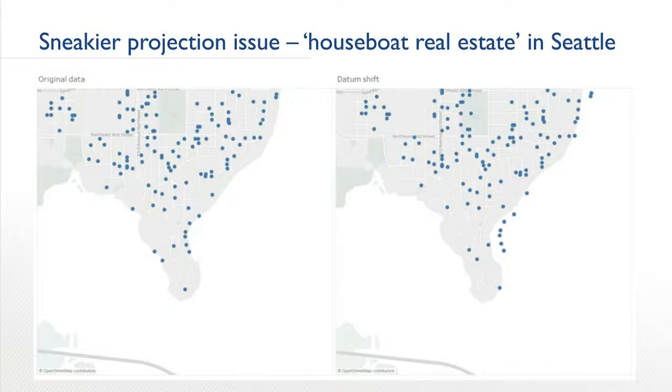Or an interesting and sneakier map projection issue to think about. I think of this as the houseboat real estate data, or houseboat real estate sales in Seattle. This is from a Redfin data set of house sales, and I have 2 different versions of the same data. Both of these are latitude and longitude. One is if I plot the original data, and it turns out the original data was actually quite good. But I made some adjustments to the data to show a sneaky problem that happens with a lot of mapping